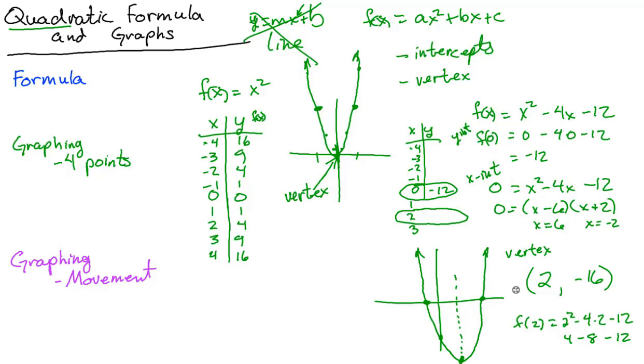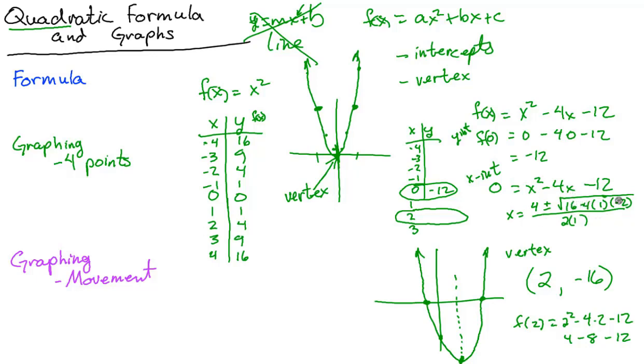So that's where the vertex is. All right, now let me show you how the quadratic formula may be very beneficial in this case. If you were to do the quadratic formula, you would have x equals -b plus or minus the square root of b squared minus 4 times a times c all over 2a, like that. Okay, good. So when you do this, and this will always happen this way,